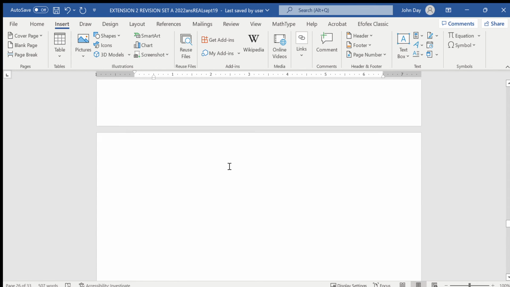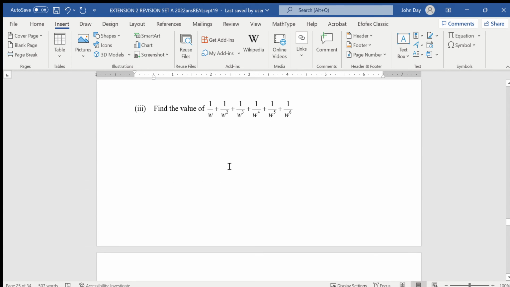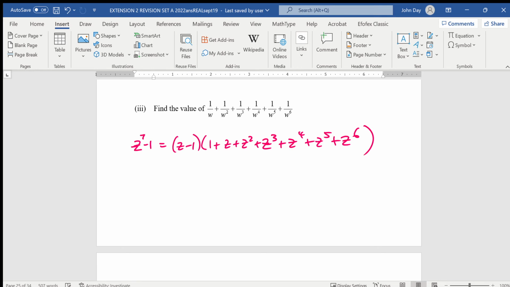Give me a bit more room to discuss this. First of all, we know that z to the 7 minus 1 we can factorize as z minus 1 times 1 plus z plus z squared plus z cubed plus z4 plus z5 plus z6. And given that w is a root of this, then we know that